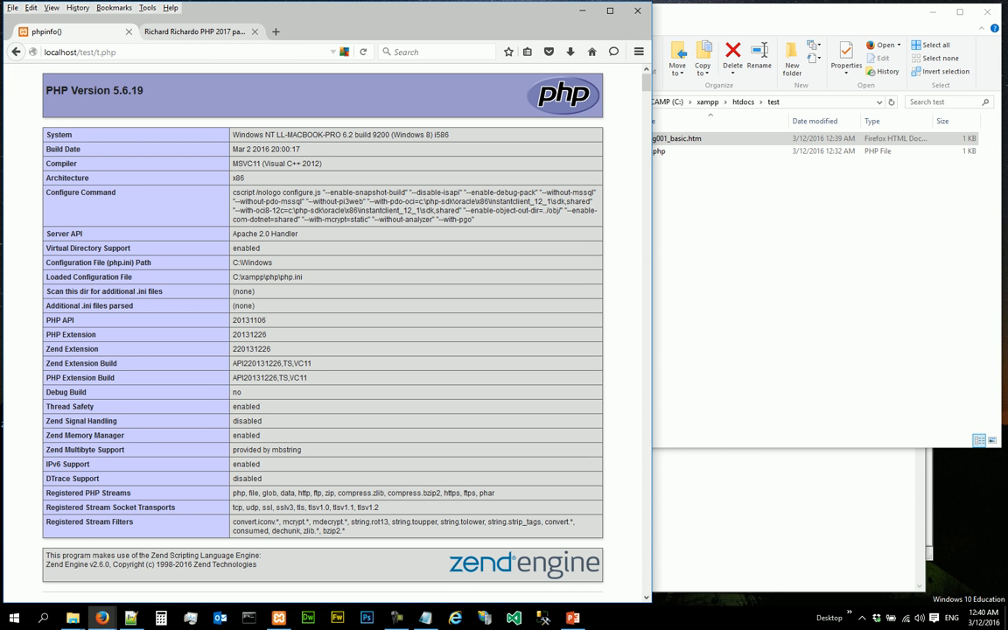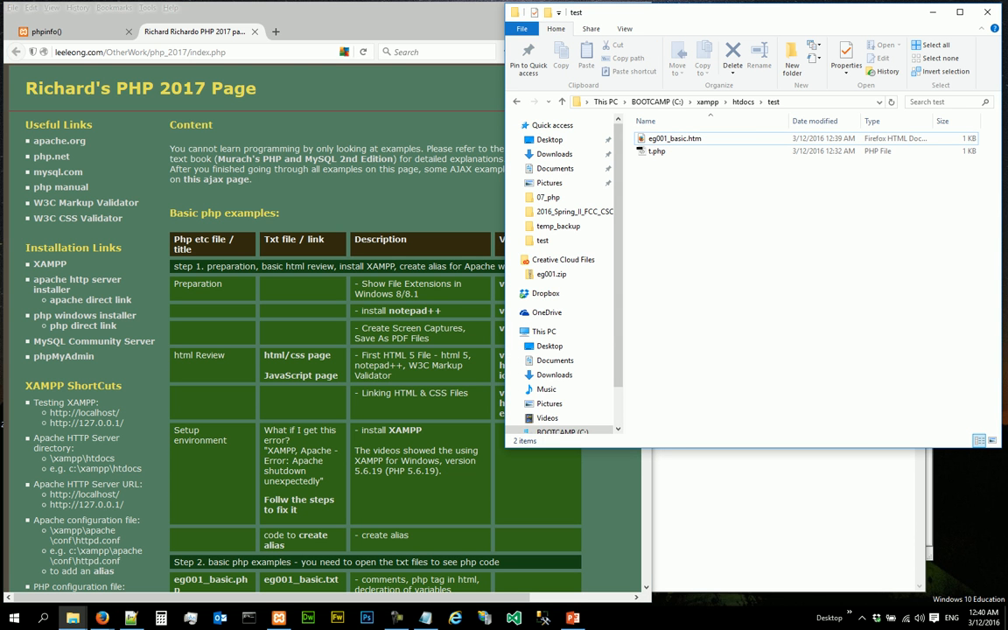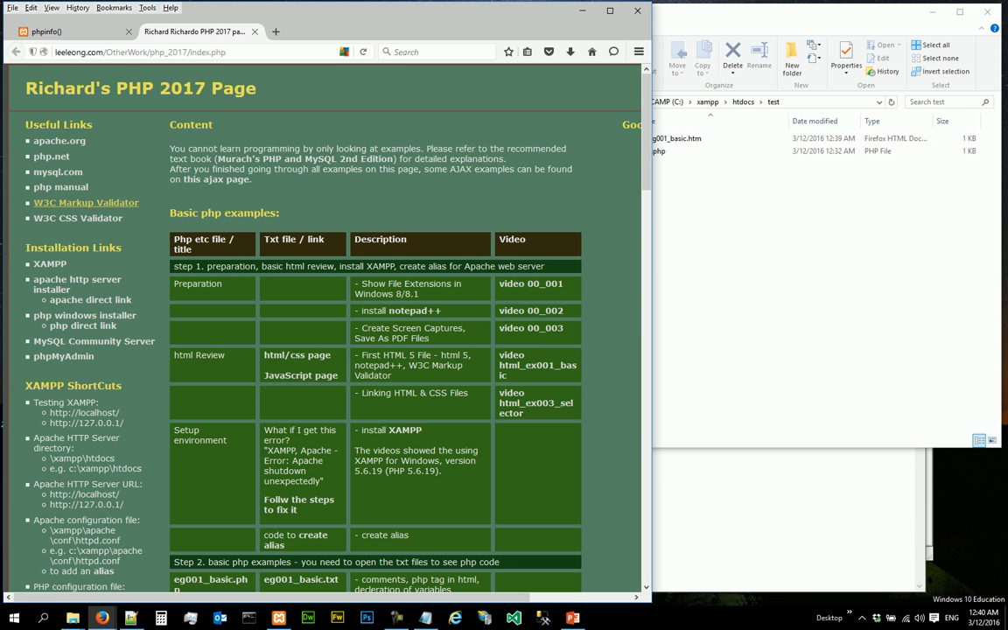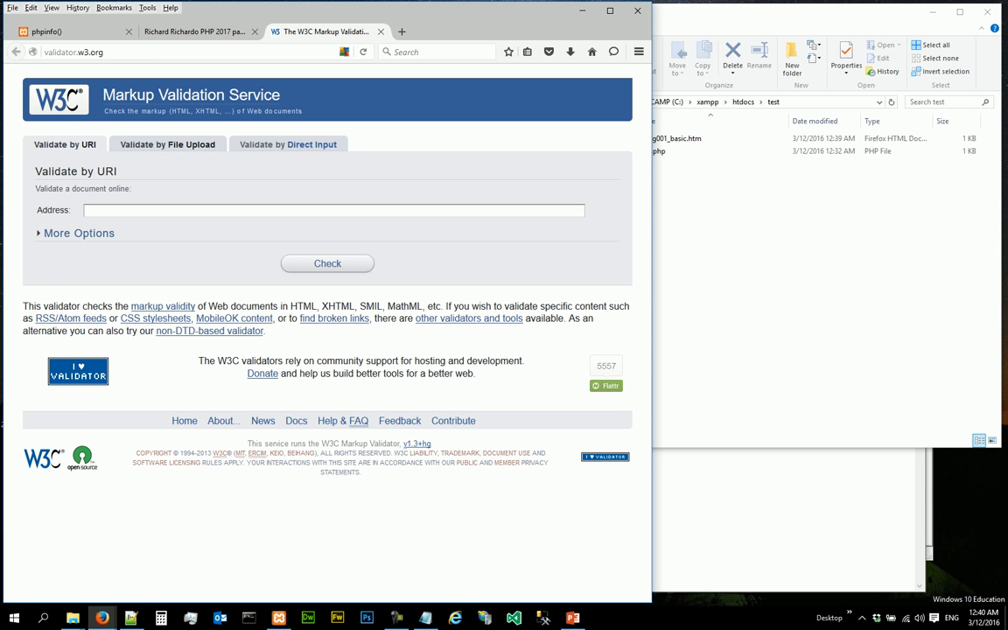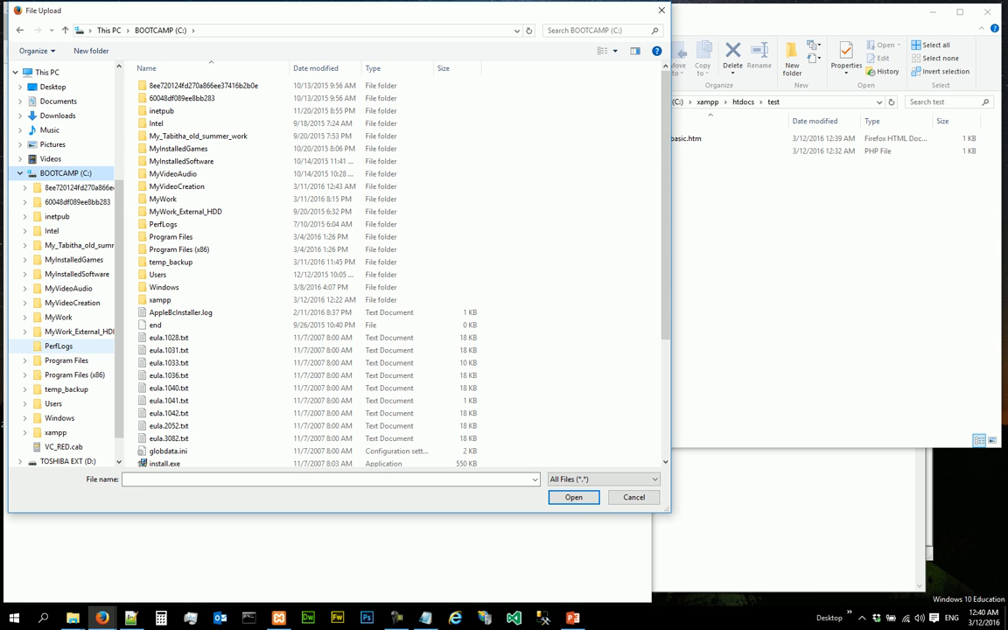Before we load this using the localhost web server, we should probably go and validate it to see if this file contains any error. So I'm going to go to W3C markup validator. There's a link here, and quickly validate by file upload, browse, C drive,